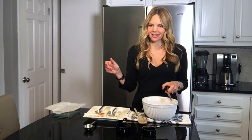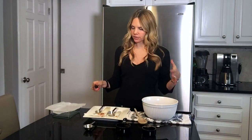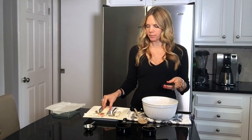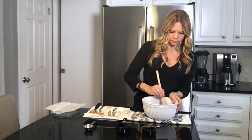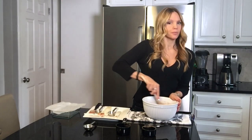So let's see if I got everything. Oh, and then the last ingredient, and you might need to alter this a little bit, is I'm gonna put in 1 tablespoon of unsweetened almond milk. And I usually start with just that 1 tablespoon, and then I mix it up and see how that consistency is. And you kind of want like a brownie consistency in a way,